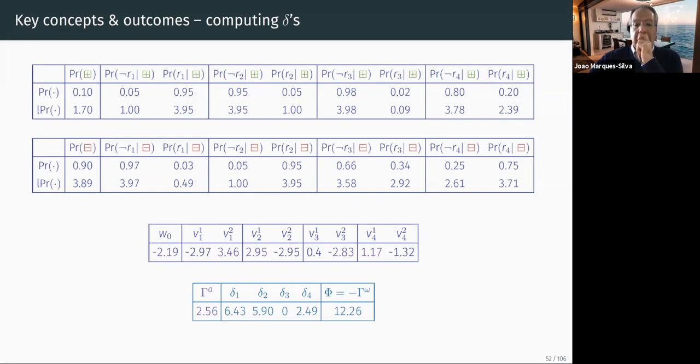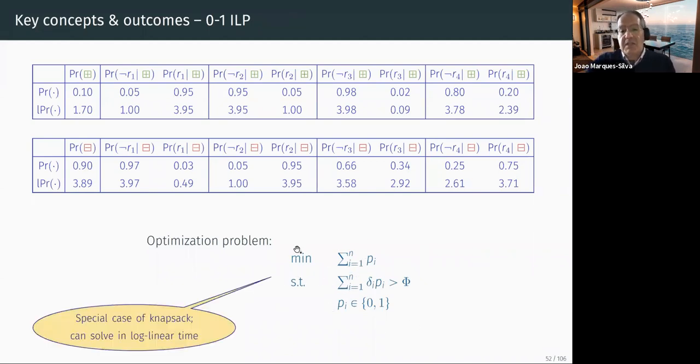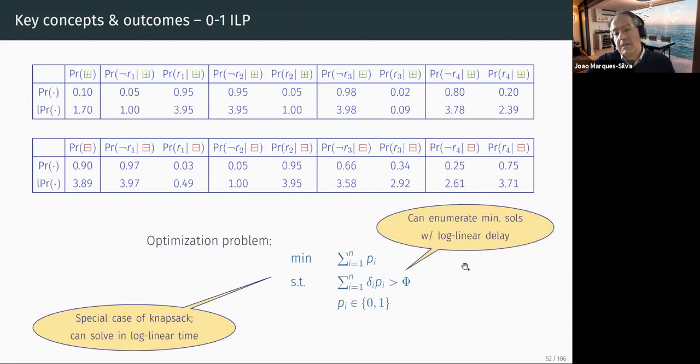Okay. And so this is just showing how each value is computed. The color code shows how each one is computed. And this essentially, I can now formulate this optimization problem, which is I want to find the smallest possible value such that I'm positive. So meaning I'm still predicting plus. Now this looks like, but it's a different case of an EPSEC, and we can solve it in log linear time. And another observation that we made is that not only we can compute it in log linear time, the first explanation, we can enumerate any explanation with log linear delay.